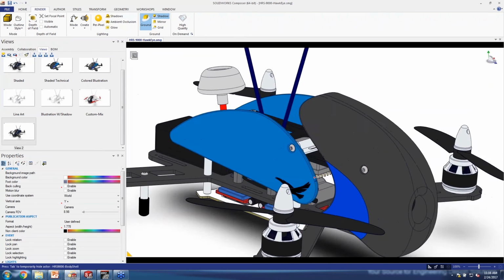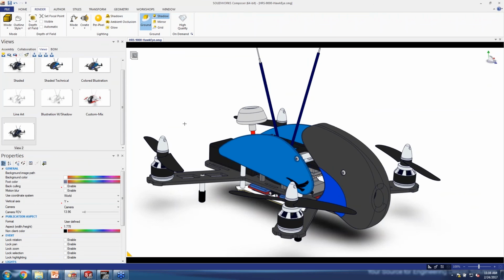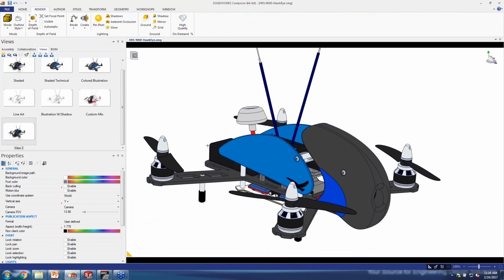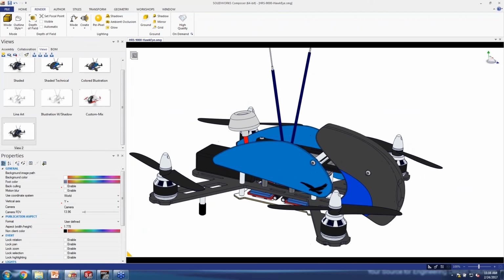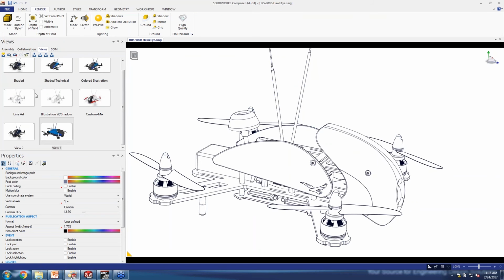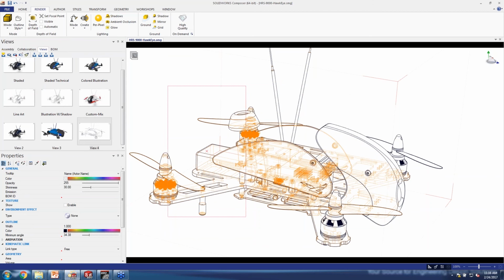So let's create a new view. There's my model, and then let's say that I wanted to change the rendering style. Right now I'm on smooth, and then there's smooth outline. So you get that look where it's smooth, but you have the outline. Again, this tool, Composer, is not intended for photorealism, and trying to get there with this tool is just not going to happen. What it is intended for is creating these real technical looking renderings in a short amount